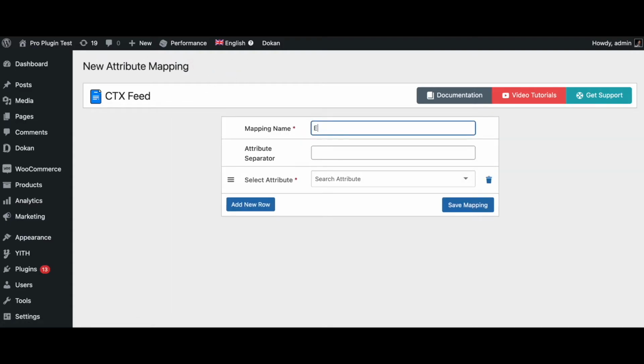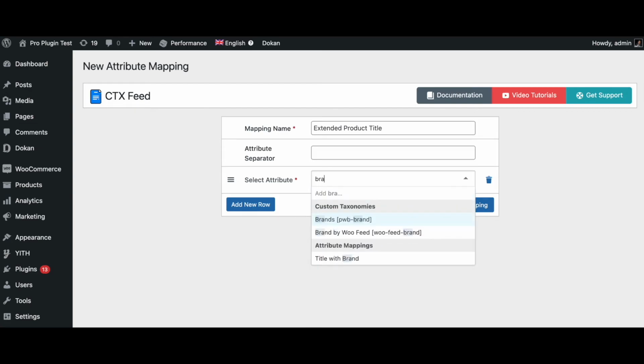Let's say extended product title. Now if you don't put anything in the attribute separator, they're just going to space it out with a normal space. Now let's start adding all the attributes that we would need.